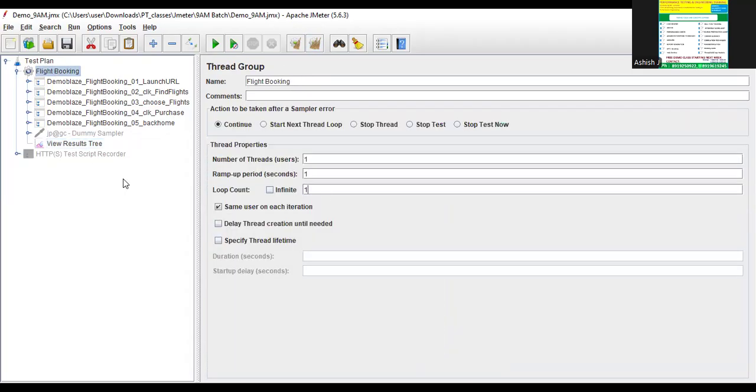Now let us do the parameterization. Parameterization in the sense what? Passing the test data. So where we will pass the test data? First of all,